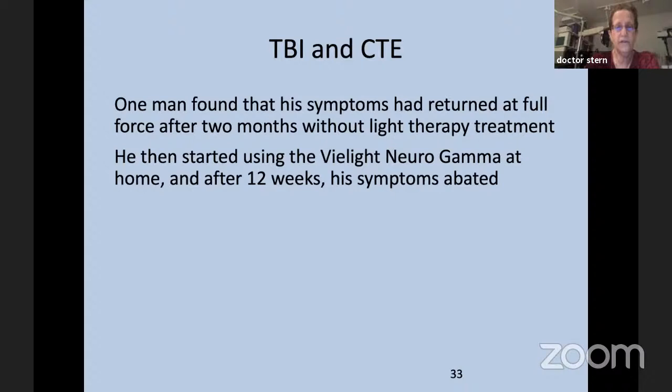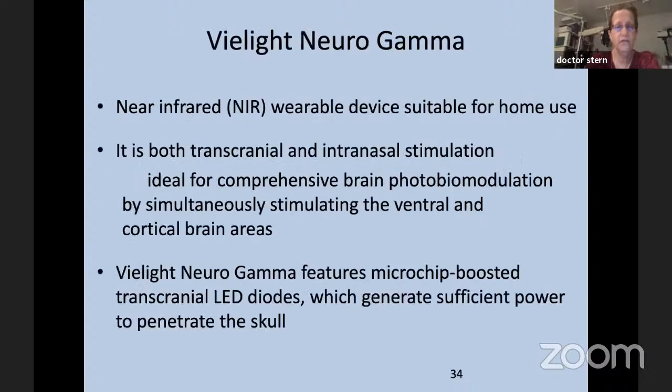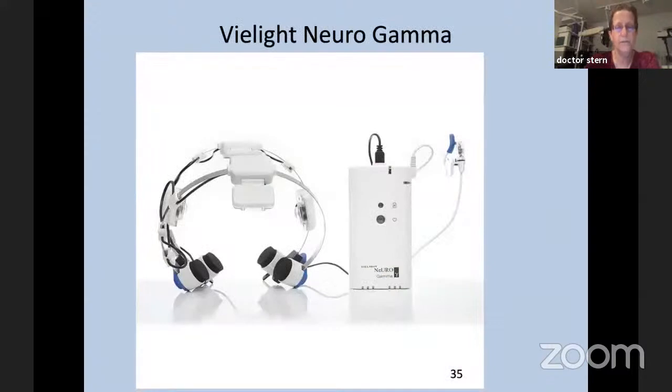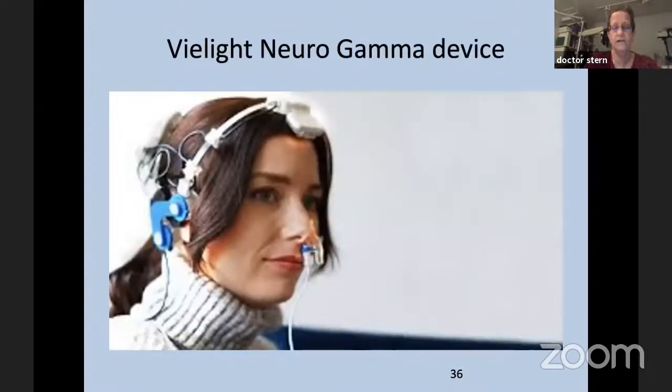And the interesting thing in this case is there's a little information here about it, but I want to show you the picture. This has not only light that is over the top of the head, but there's a piece that goes into the nose as well. And you can see here, it's one side of the nose. And I don't know how they make a decision about which side of the nose, or if it matters,